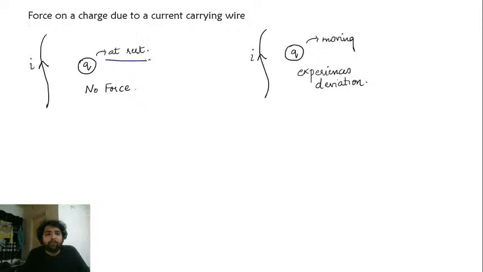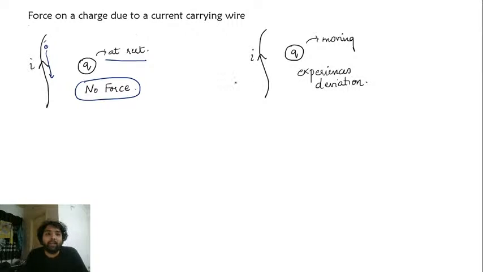Then what was observed was there is no force acting on the body because the wire is neutral. In a wire there is positive charge as well as negative charge. There are both charges in a wire. Getting it? Electrons will flow through the wire opposite to the direction of current. Both are true. But the total charge of a wire is neutral. The total charge inside a wire will always be neutral. Electrons will be coming from somewhere else and going along this path. It's like a railway train track. Electrons will be passing through the track. Okay. So the total charge on this is neutral. So if you place a charge Q at rest close to this, it will not experience any force.